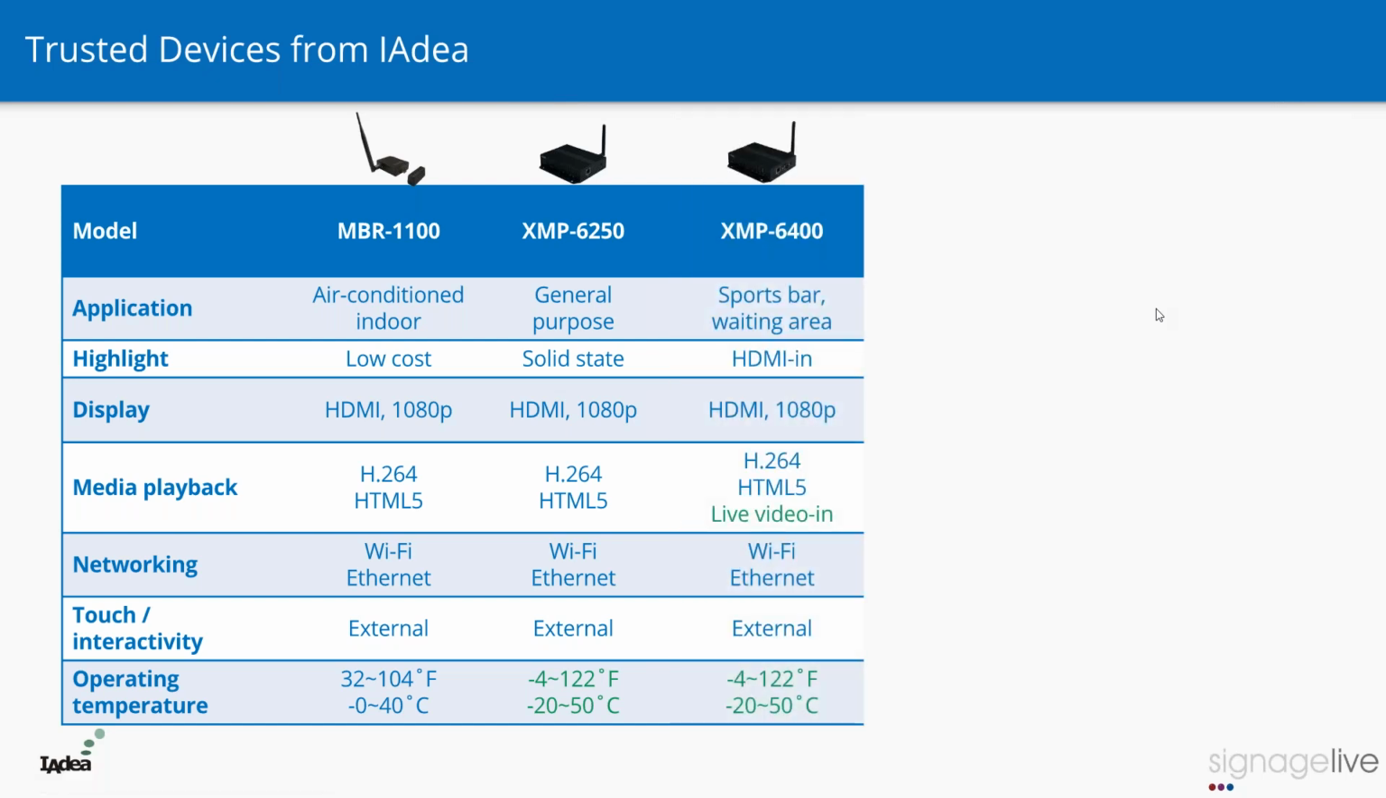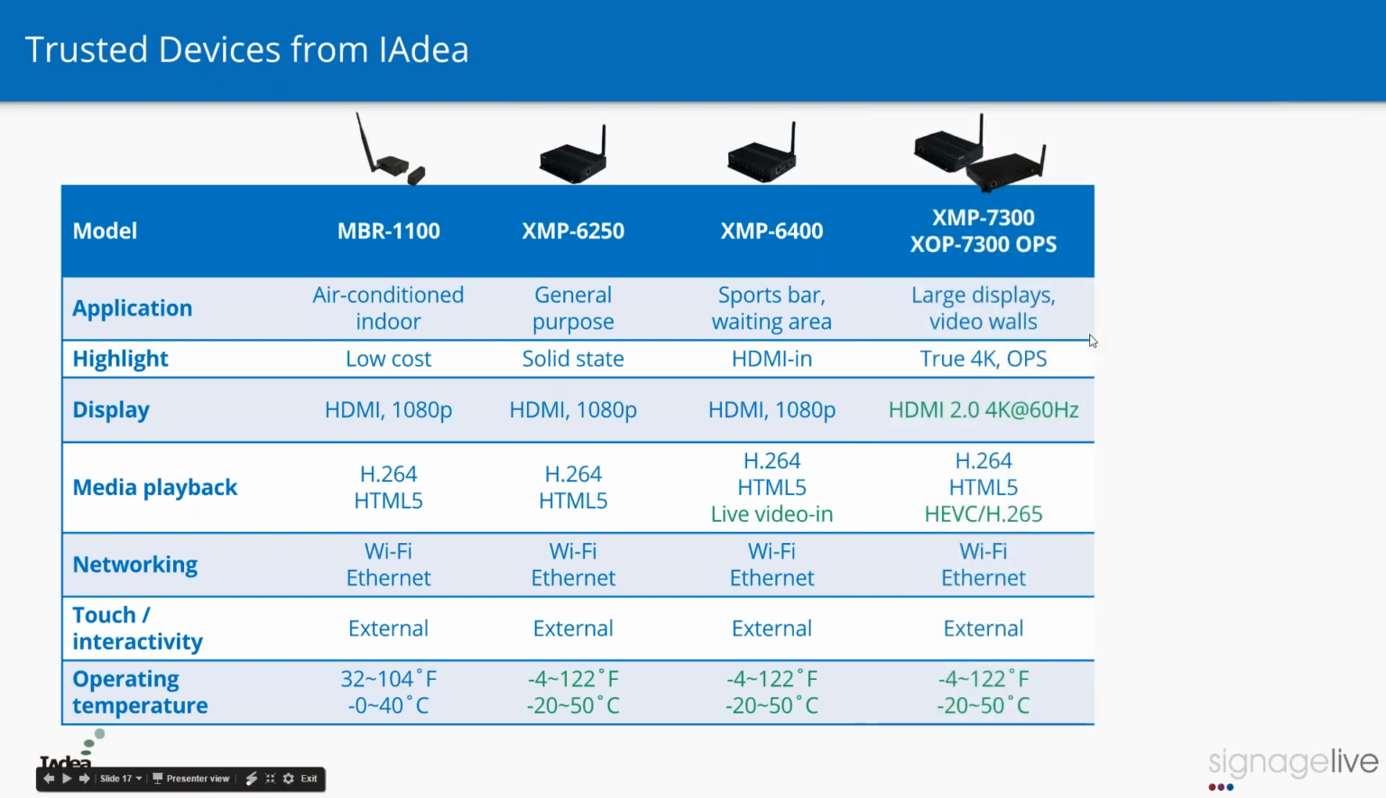And if you're looking for a little bit of additional features, for example the live video input capability, as we mentioned before, that will be perfect for sports bars and waiting areas where you want to integrate a live TV feed into your digital signage, then you can be looking at the XMP6400, which supports wider temperature range and the HDMI input feature. If you really want to go top of the line and want higher performance on your web content, you'll be looking at the XMP7300, which we also supply in an OPS version, which is the Intel standard for TV inserts,